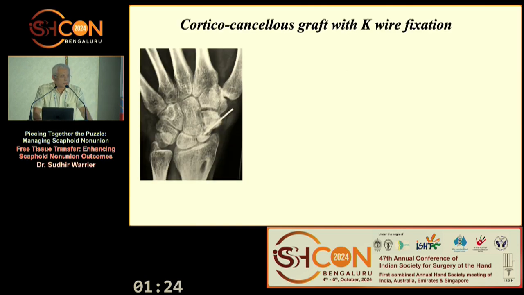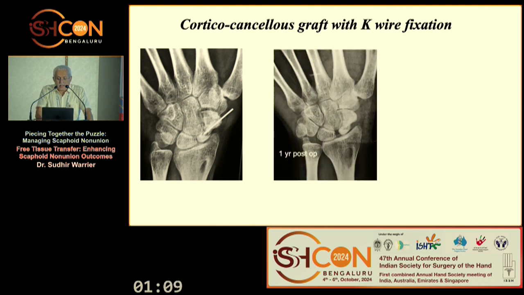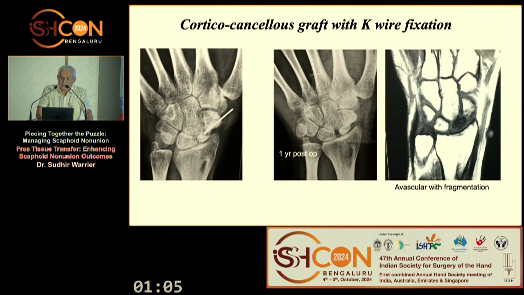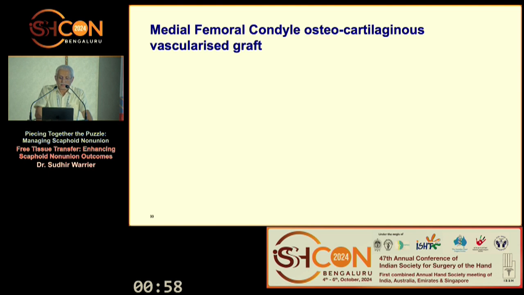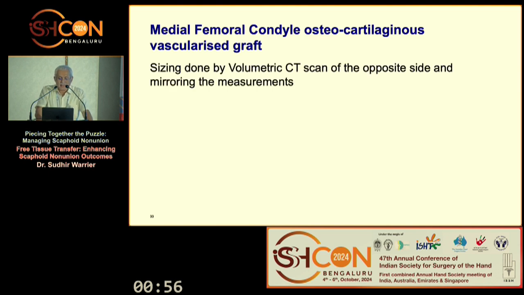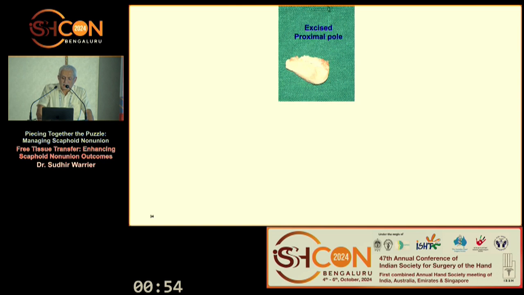So here's a patient who underwent a cancellous, corticocancellous graft fixation, corticocancellous grafting with a K-wire fixation, which didn't do too well. And he came to us at 1 year post-op, looking like that with a lot of fragmentation, and we didn't think we would be able to hold that proximal pole, and so we decided to replace the entire proximal pole using